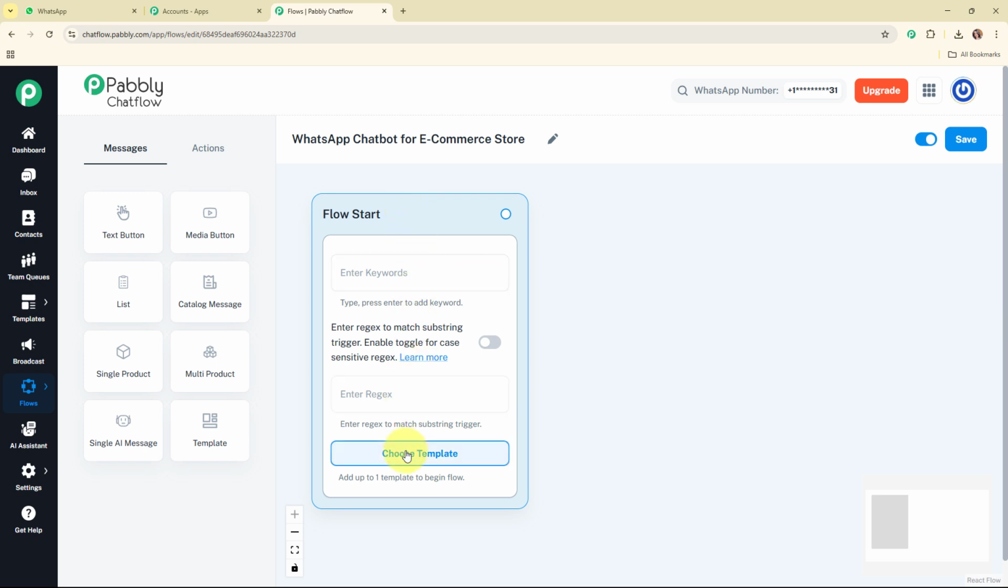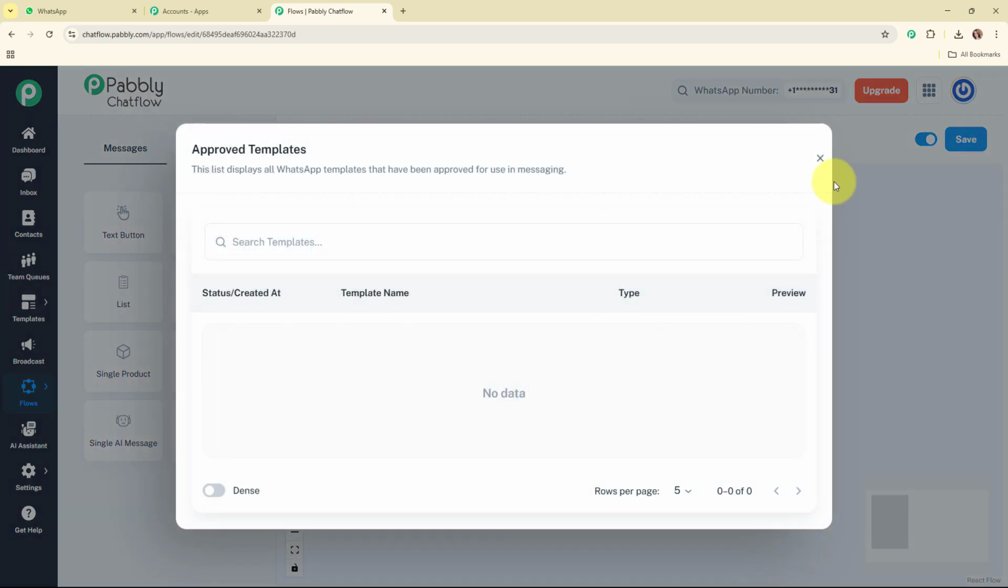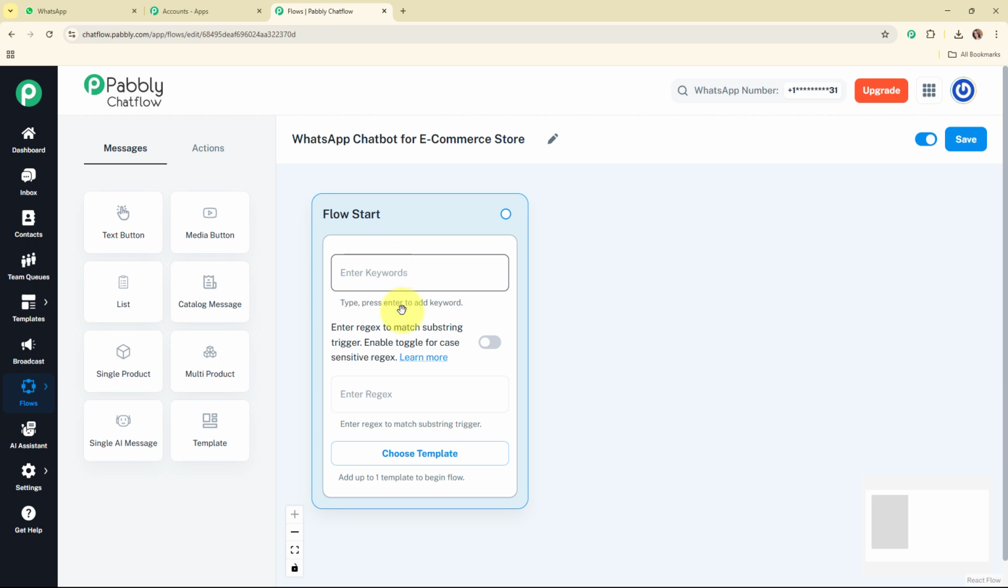So here if you wish to trigger your WhatsApp chatbot through a message template, then you can choose the template from the template library, and else you can set the keywords or the regex as well. So here if you choose the trigger type as keywords, it means the chatbot will activate when a user's message contains specific words. For example, if we add a keyword like hey, that is a very basic keyword. So for that you need to type the keyword first, and then you need to press enter to make it a valid keyword,